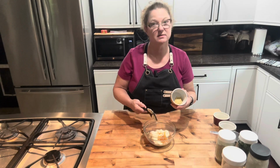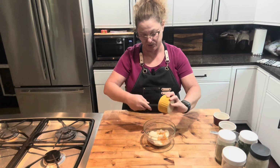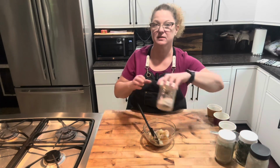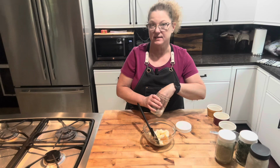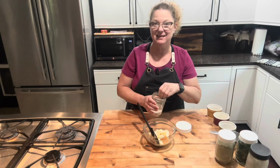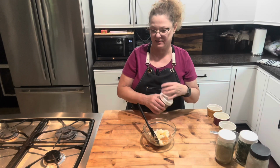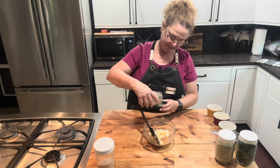This is optional. Some people don't like the flavor of mustard. I do. And then some seasonings of your choice. I'm going to start with a pinch of salt. Seasonings are always to taste. And you want to put less in probably than you think you'll need because you'll taste it and you'll adjust. If you put too much in, you can't take it out. So a little salt, a little pepper,